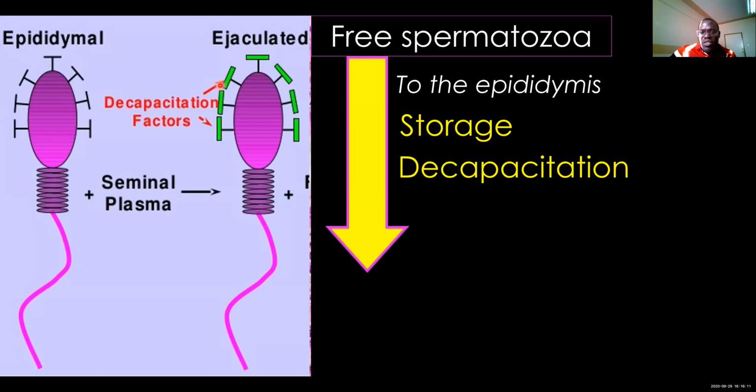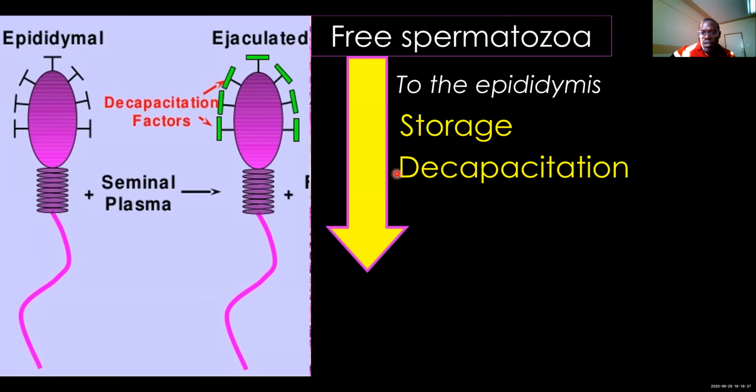So decapacitation is just a mechanism of immobilizing the sperm, so to speak. They can still swim, but not very vigorously, but they can still swim. It's just a mechanism of telling them to relax. All right,